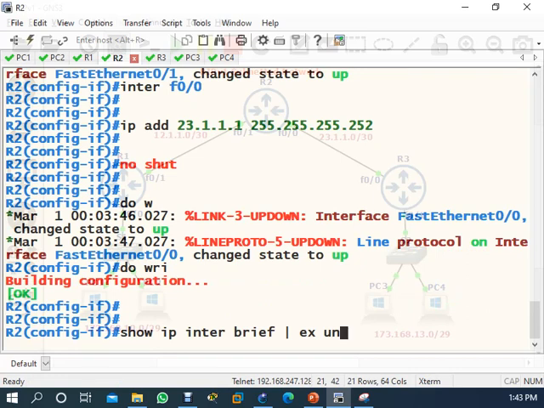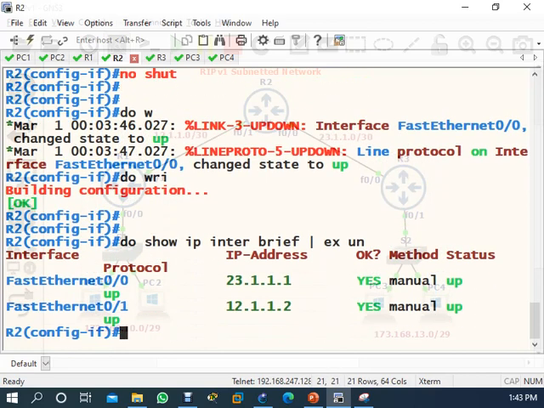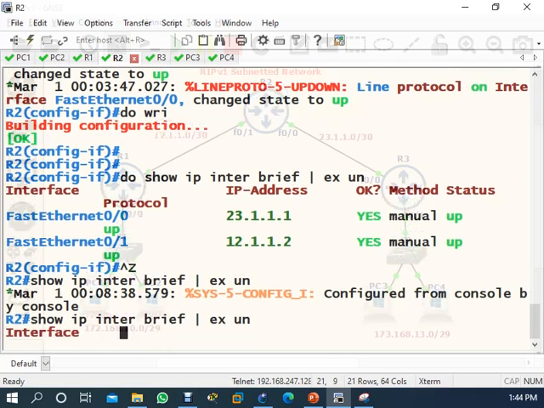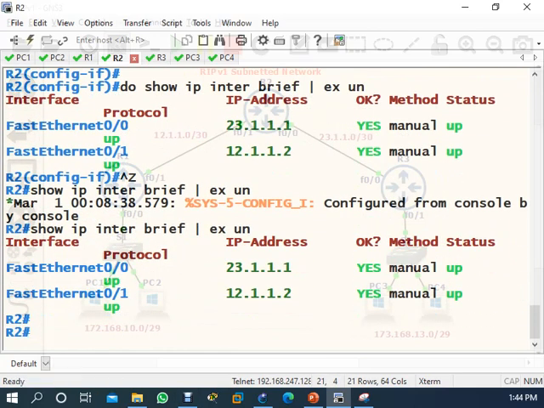Now come to router 2, type end. Okay, same here also. Control Z. Control Z. Okay. Now type show IP protocol. Show IP protocol.